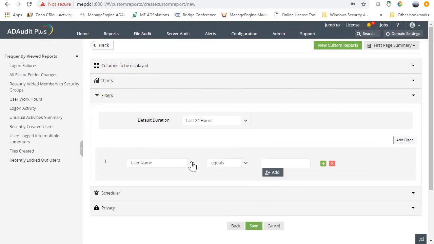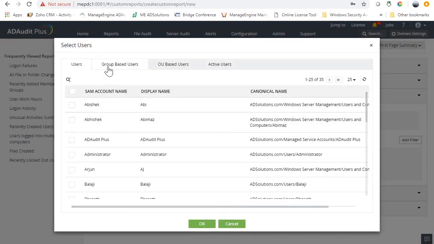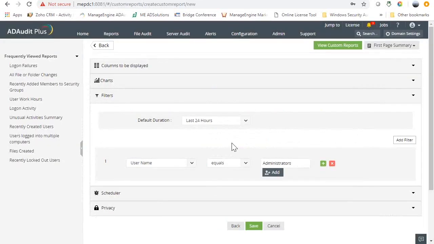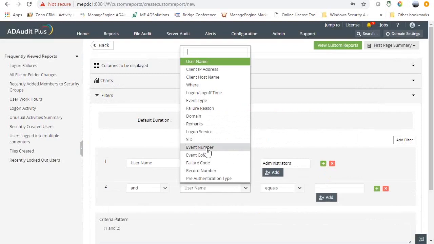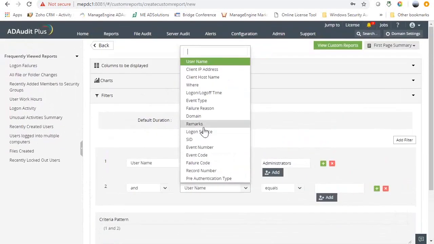I'm going to add a filter. I just need to add only a few variables, say a few users. I've got them grouped: Administrators. Any logon failure that happened for a privileged user, I can select only specific groups right here. And one more variable I can even add is the where